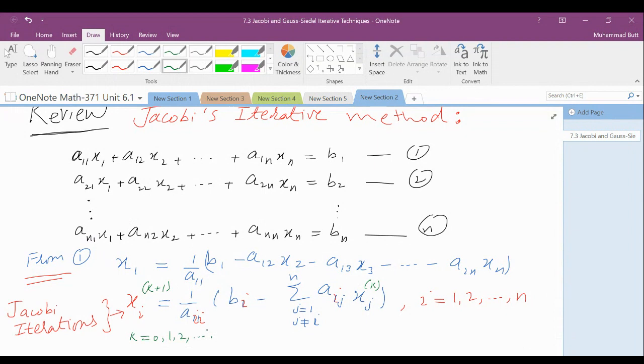If you don't understand how it works, then you would not be able to write a MATLAB code for it. So now it is very much clear. Now you have to pay attention to this term here, and keep this form in mind. So this is the Jacobi iterative formula for which you have to make a MATLAB code. And similarly, if you are able to write this one, you can also make the MATLAB code for the Gauss-Seidel method, which is your assignment number 5 and 6.